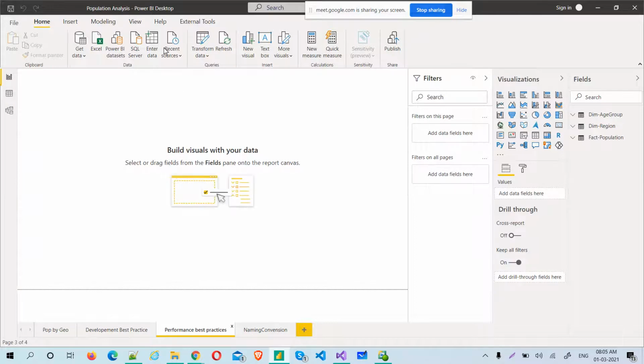Use the insert a text box option, or insert a header, something like that, and then type all your requirements here. This is one of the best practices, the easiest thing, because going back and forth is a tedious task.